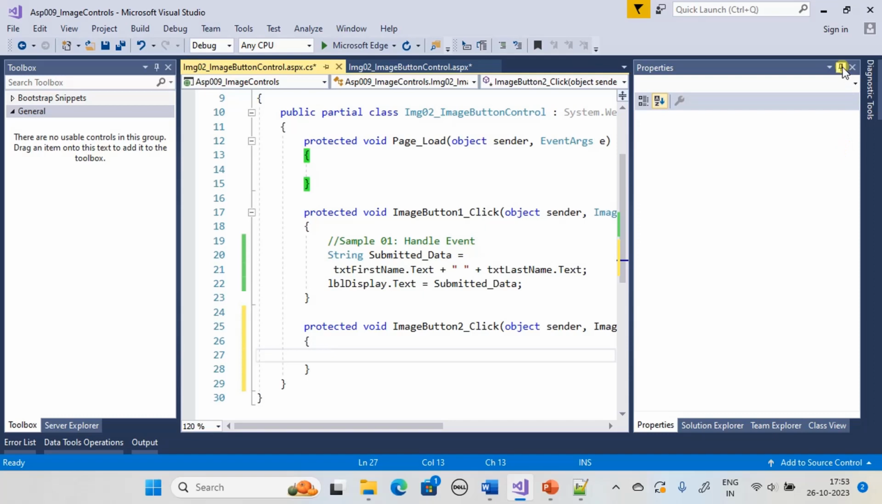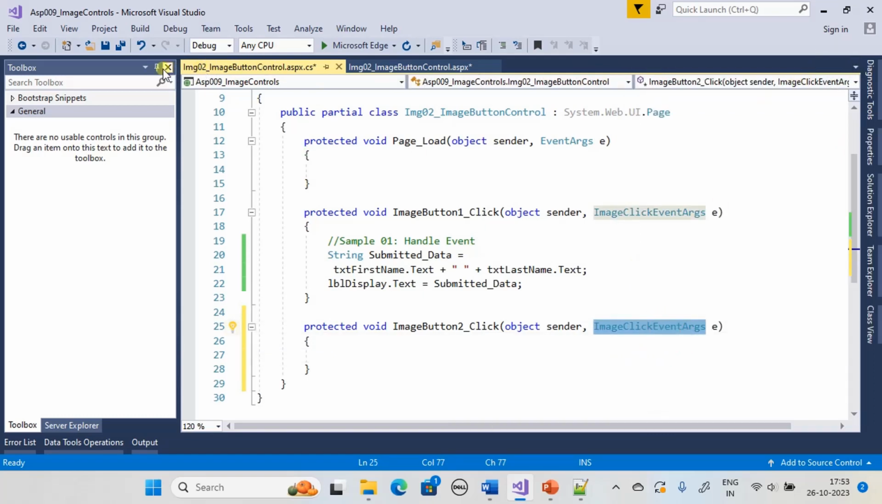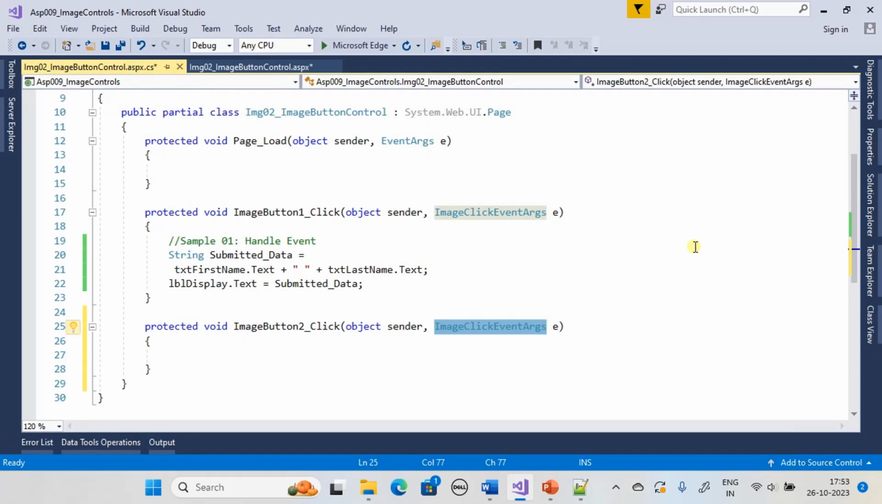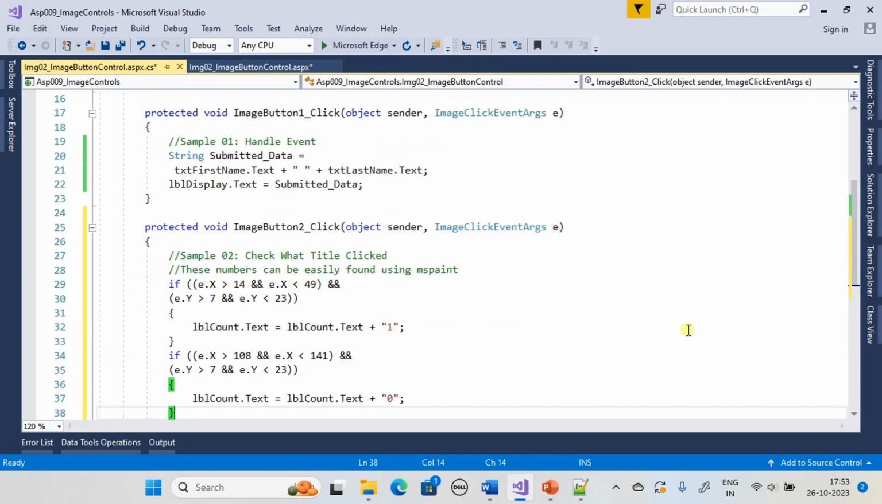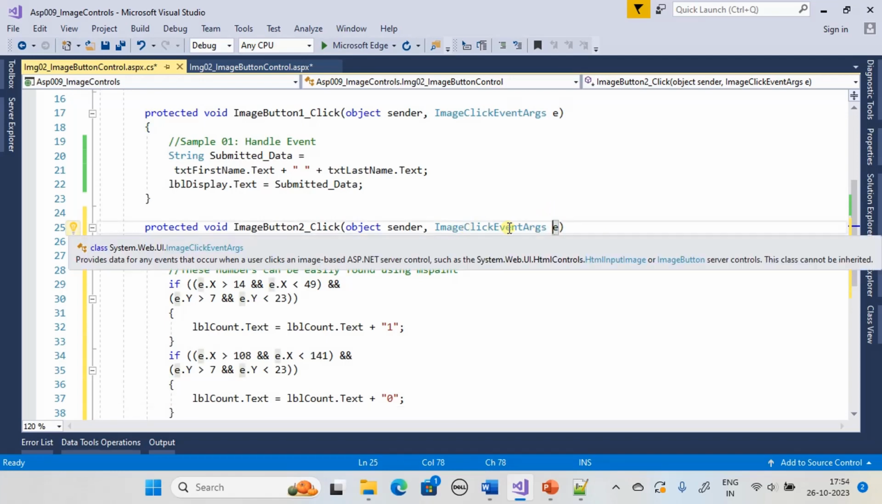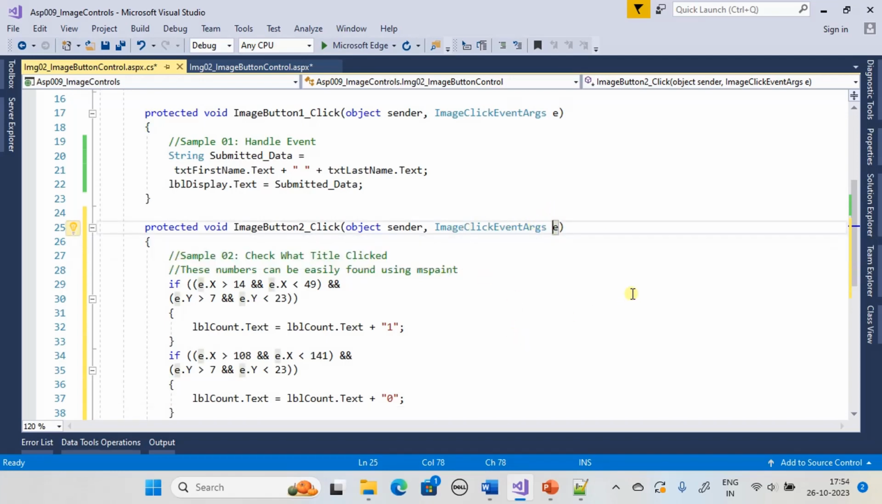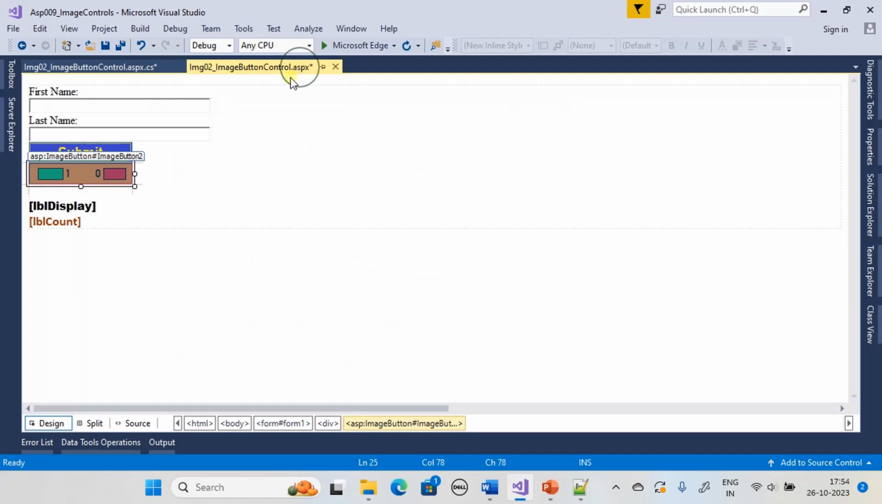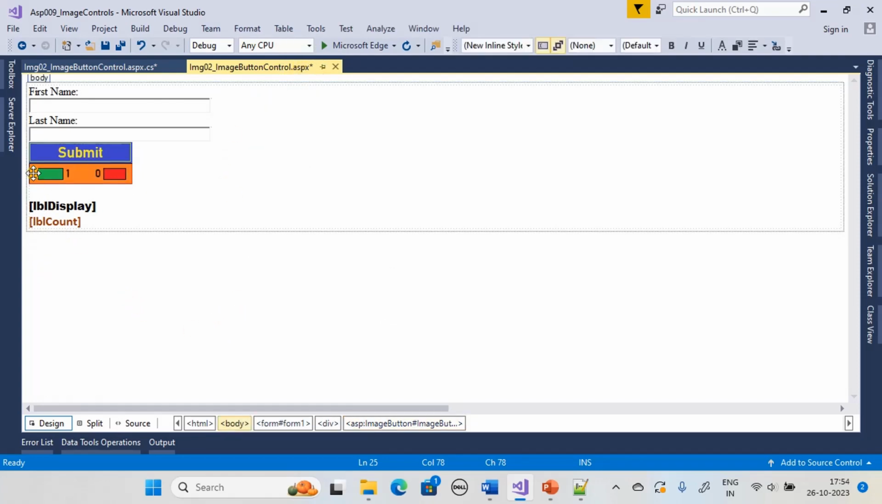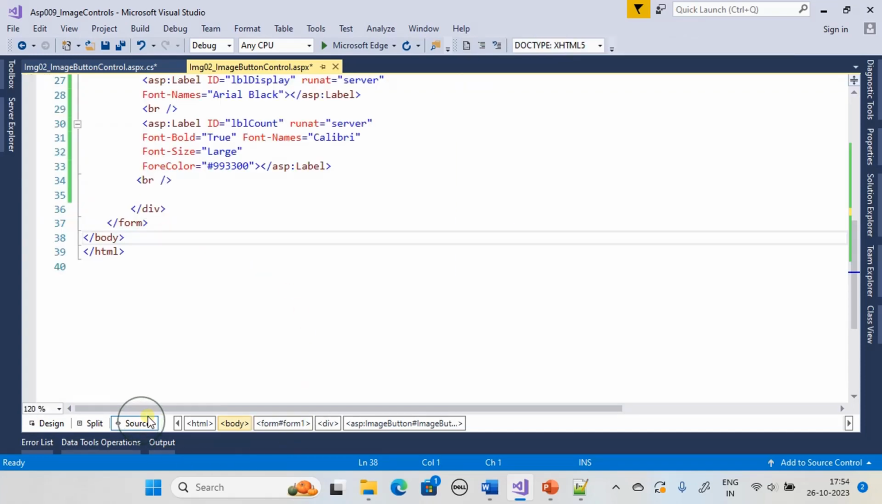This time we will make use of the ImageClickEventArgs. Here the ImageClickEventArgs will tell us the location in which the user clicked the button. So we want to take action when the user clicked inside the green or inside the red. If the user clicked somewhere else, that means in this orange area, we don't want to take any action. So that's why